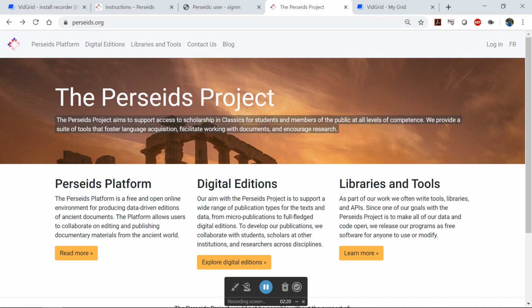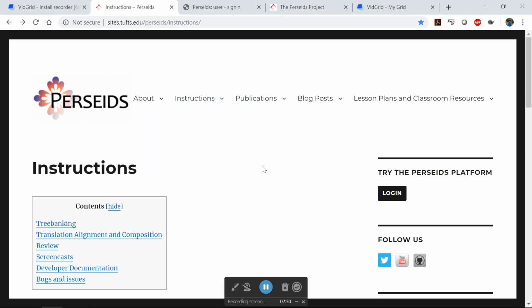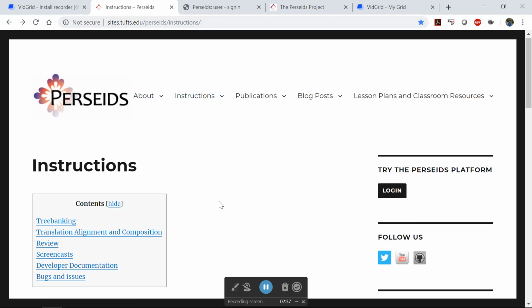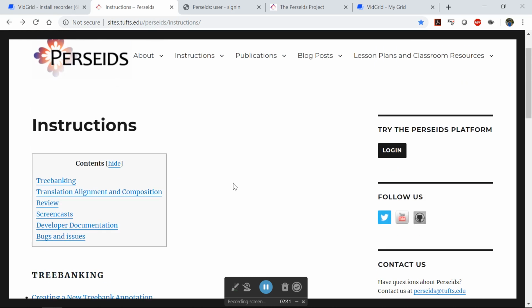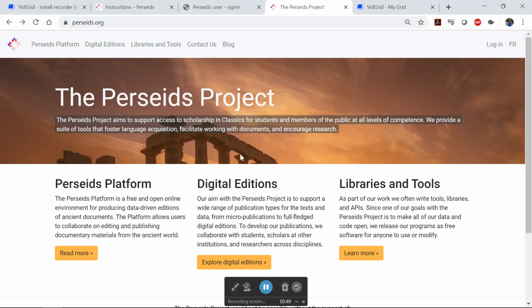What you need to do to start off is two things. One is you need to get logged in to Perseids. I should say there are some pretty nice instructions of various sorts on this instructions page through Perseids, which you might want to play around with. They're kind of hit and miss, but this will help you. But mostly you want to go to the login page. So if I go back here